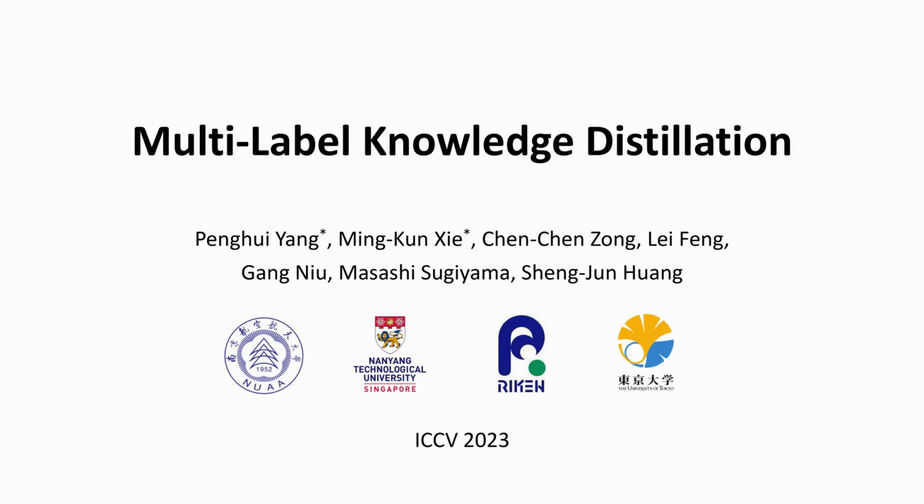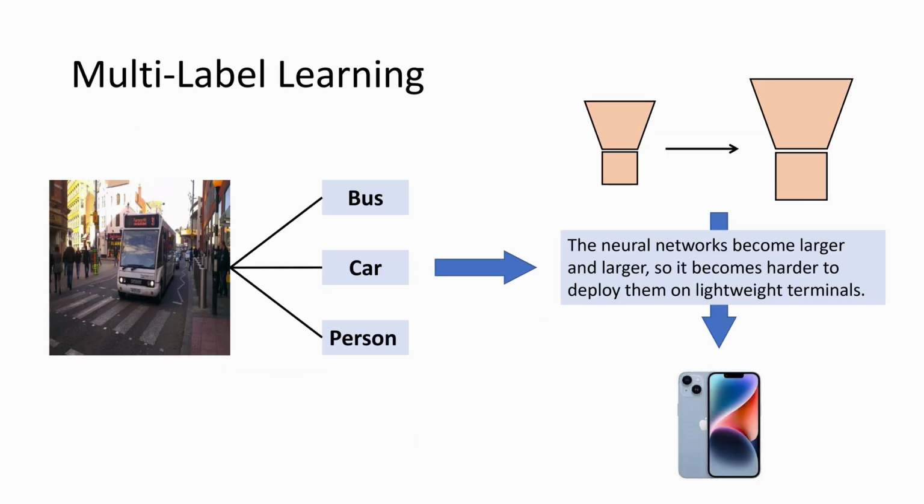In this video I will introduce our work, multi-label knowledge distillation. Firstly, let's talk about what multi-label learning is. Multi-label learning addresses problems where each instance is assigned multiple class labels simultaneously. For example, as shown in this figure, an image of a street scene may be annotated with the labels bus, car, and person. To learn the complex object-label mapping, there is always a necessity of training large models to obtain desirable